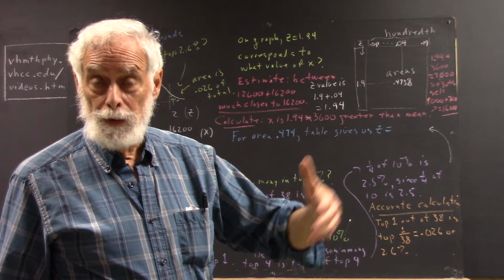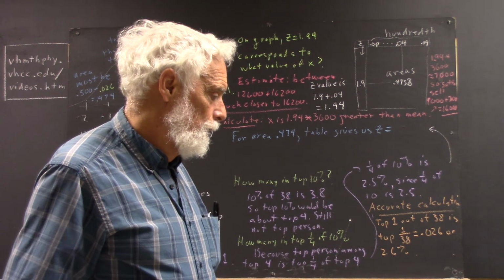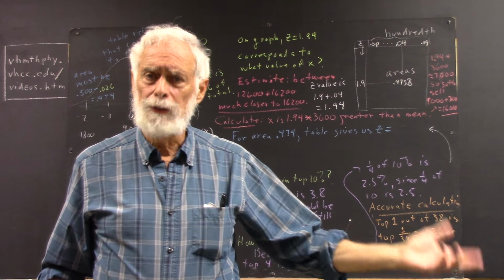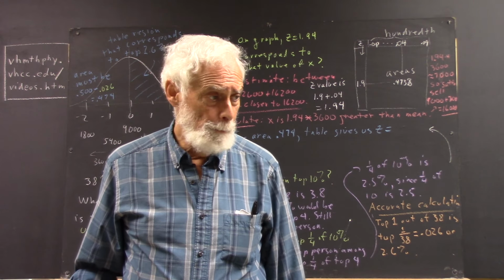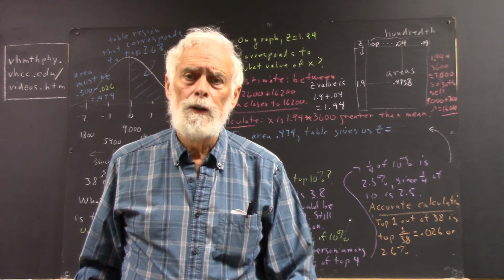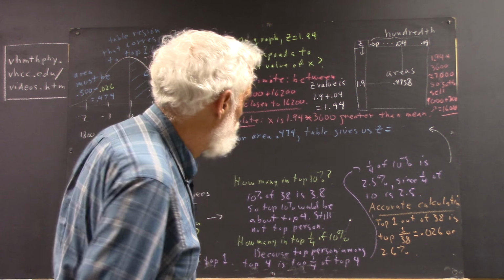Then we start asking questions that are related to the ultimate question, which is, how much would the top person sell if this distribution is valid? How much would you expect the person with the greatest sales to have been able to sell? Okay. Well,